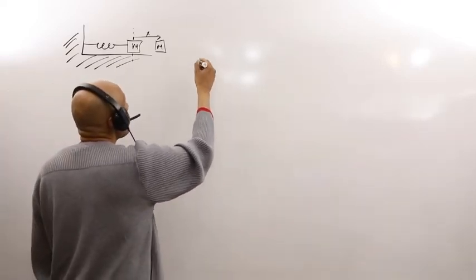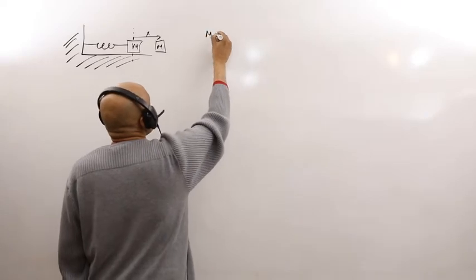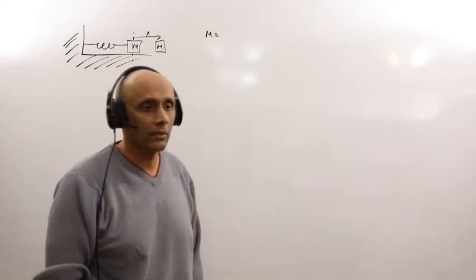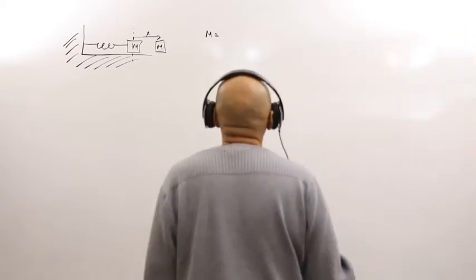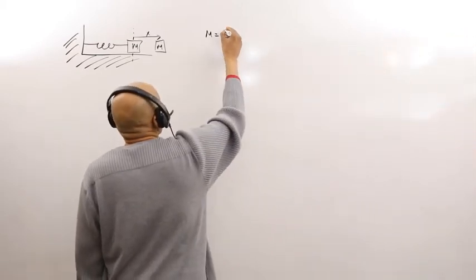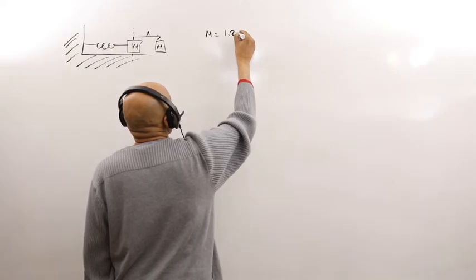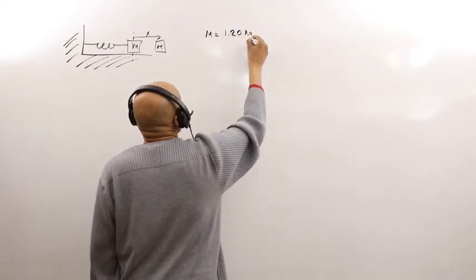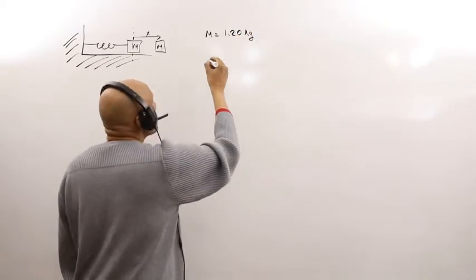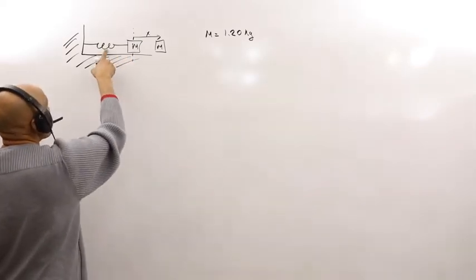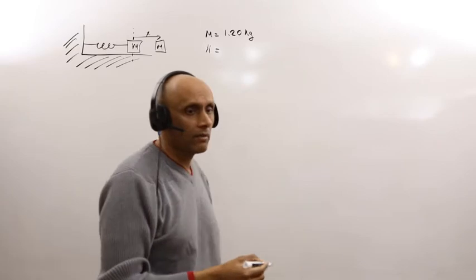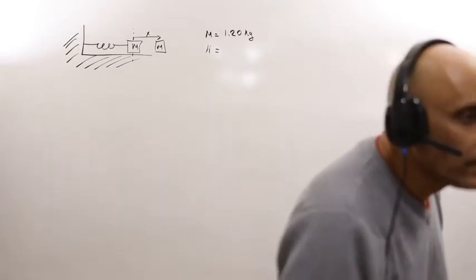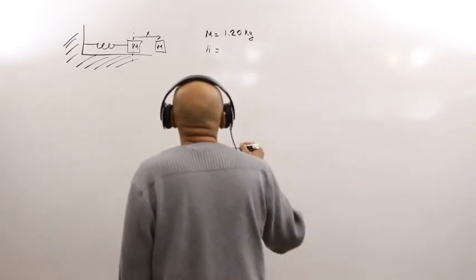We're also told the mass of the object, and I'm going to change the numbers around slightly so that they're not exactly the same as in the recitation. So I'm going to say this is actually 1.20 kilograms. And we're also told the spring constant of the spring. So here's our spring constant. The spring constant happens to have a value of something else. So let's make it